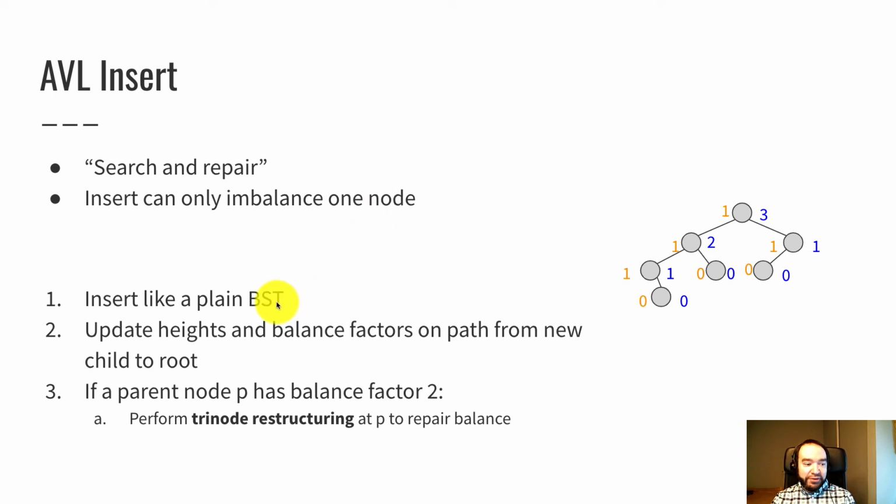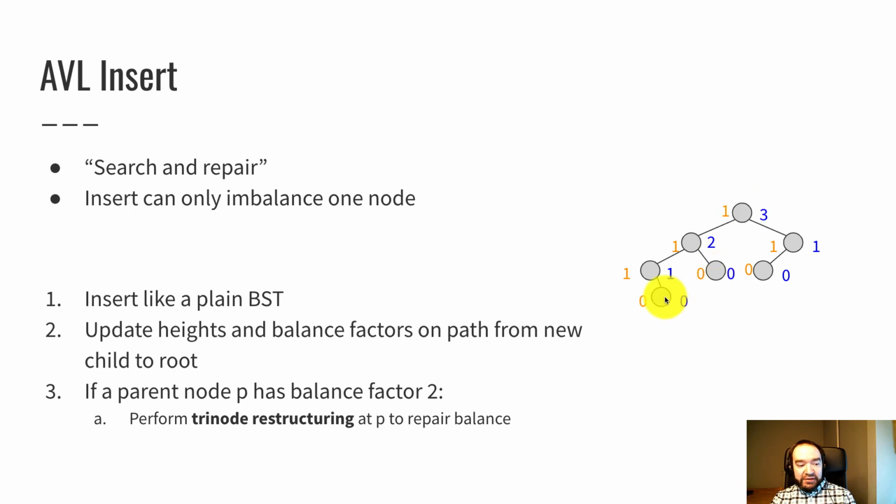Here's what the pseudocode for the whole thing could look like. We do the plain binary search tree insert to insert a leaf at the bottom. Update the heights and balance factors on the path from the new child to the root. So let's say I inserted a new node right here. Well, that increases the height of the parent, or it may, and that might increase the height of that parent, that might increase the height of that parent. So the nodes on the path from where I put the new node all the way up to the root need to get their heights updated. And similarly, we need to update the balance factors. None of the other nodes could have their height or balance factor adjusted, so we don't need to bother with those. But the nodes on the path up to the root need to have their heights and balance factors updated.